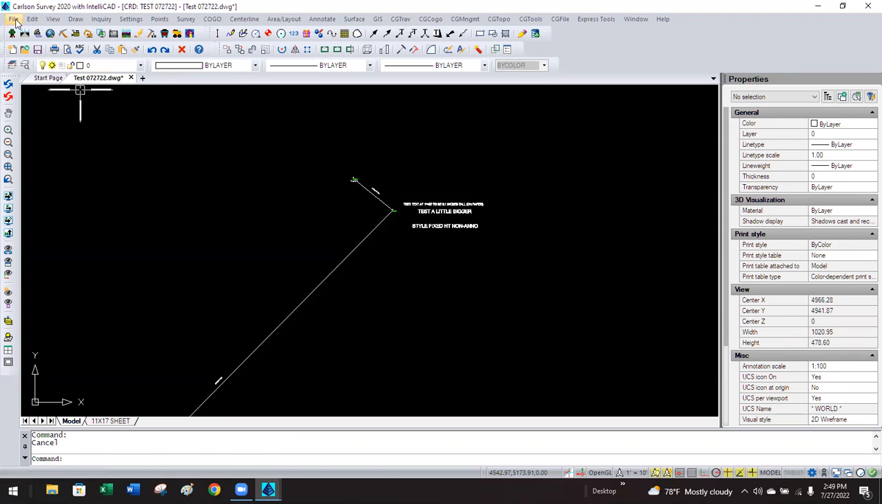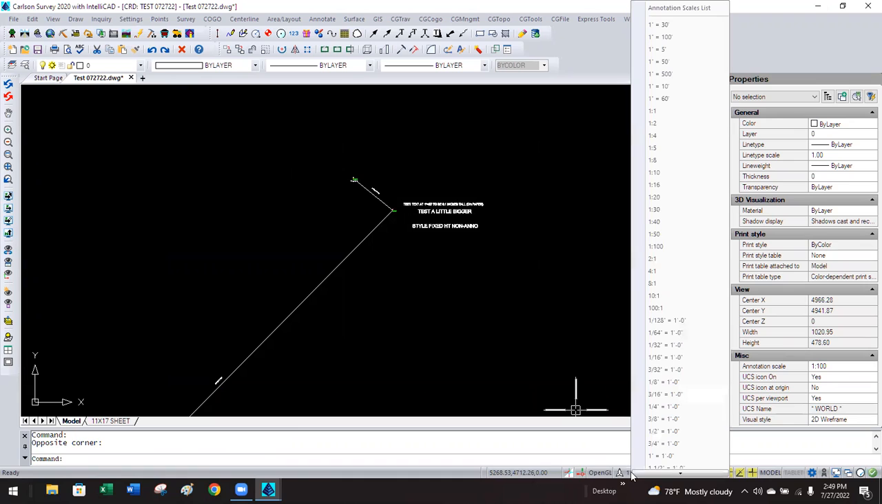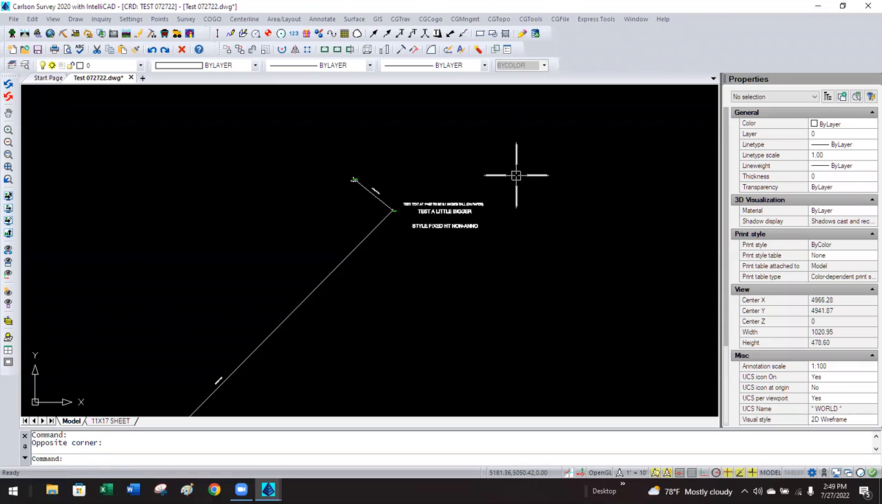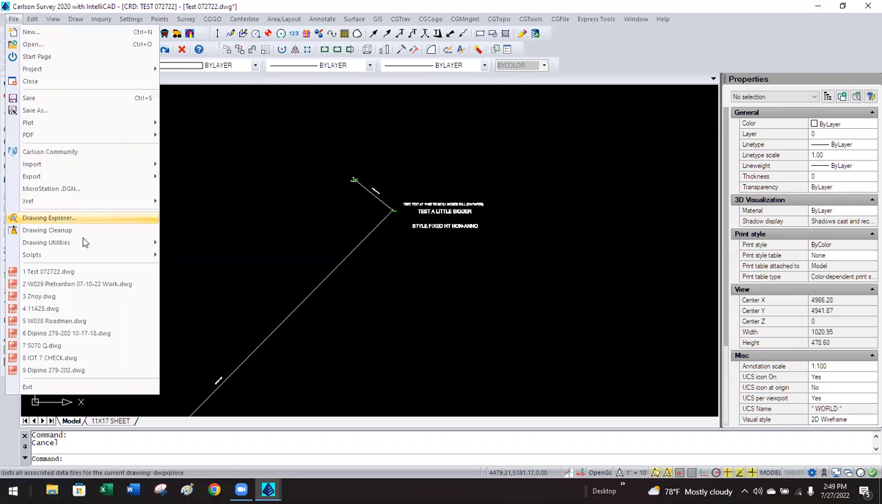If you look at, we looked at this list, and it's got all these things defined. That's because they were defined in the drawing template. Okay, so if I look at,